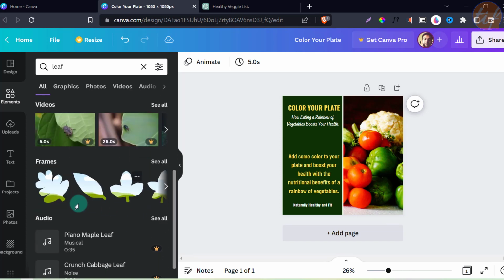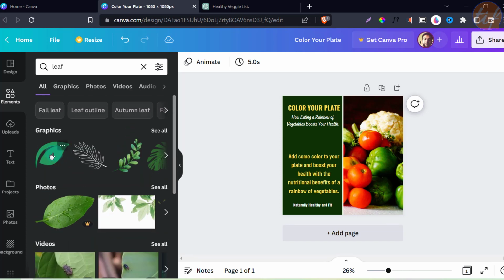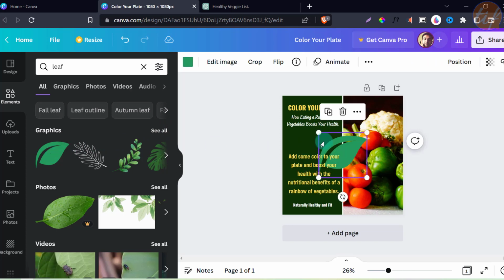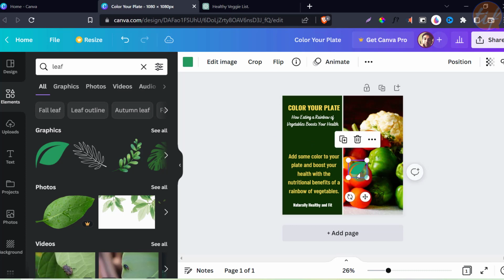Okay, that's one major difference. So I'm going to choose this particular leaf. Okay, there are many more. If you click on this see all, you'll find all those. For this particular video I'm going to use this particular leaf. This is the one that I've used for my logo as well, and I'm going to make it a little